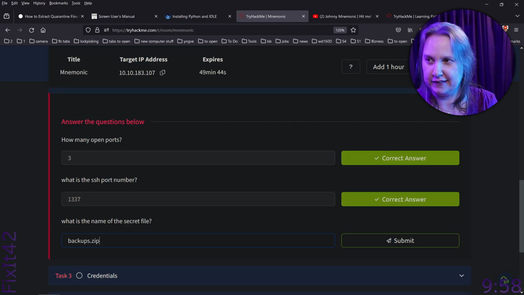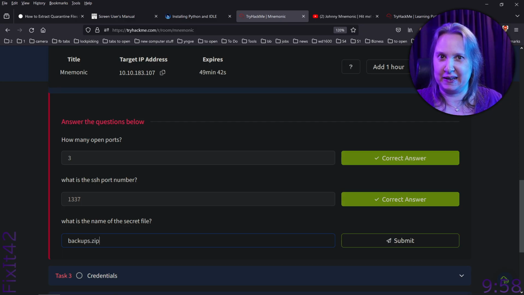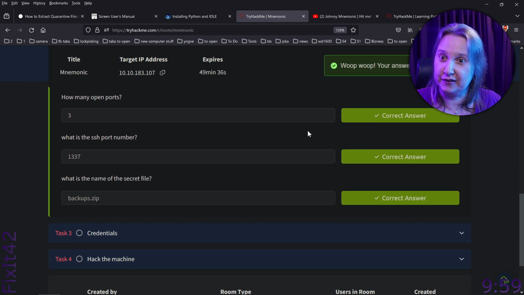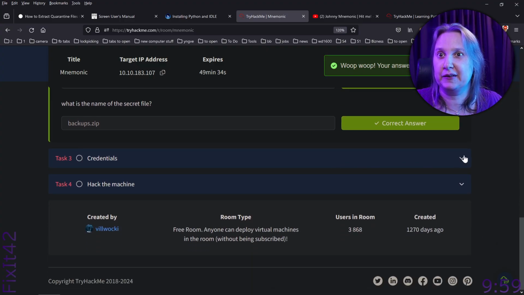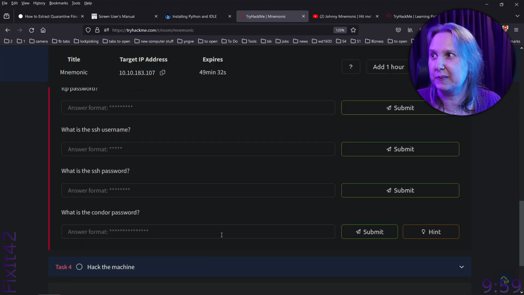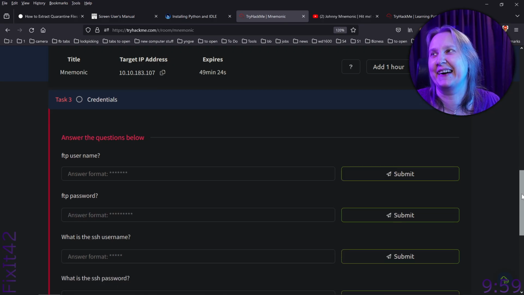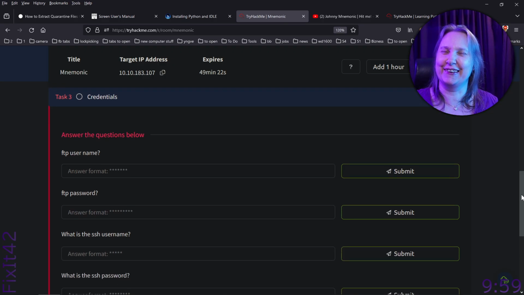I had to check. Backup.zip or backups.zip. So then we of course are going to look into that. I assume there are no spoilers if I click here, right? They're just hints. Well, FTP. Now we kind of know that we will find FTP credentials in the zip file. That's kind of a spoiler, right?